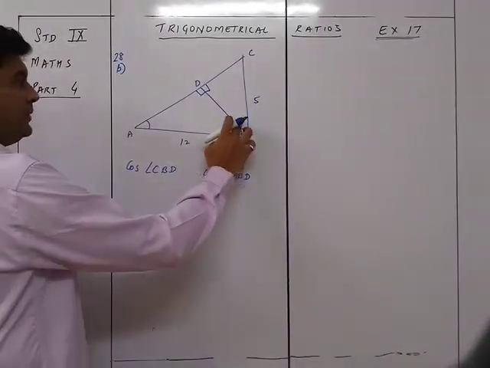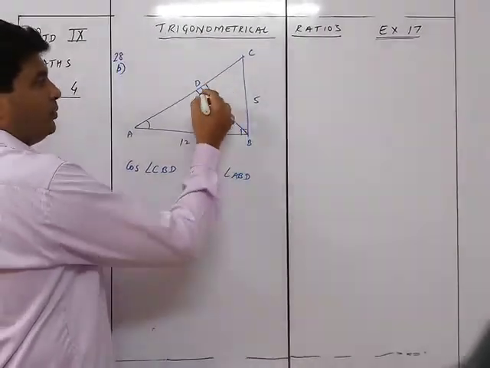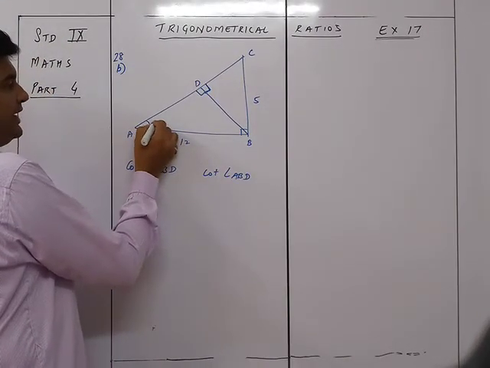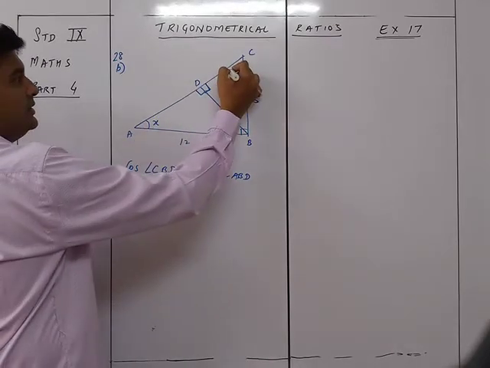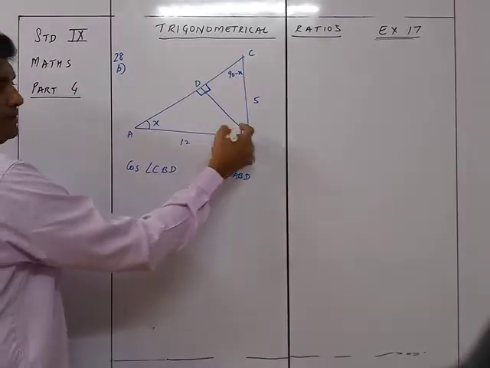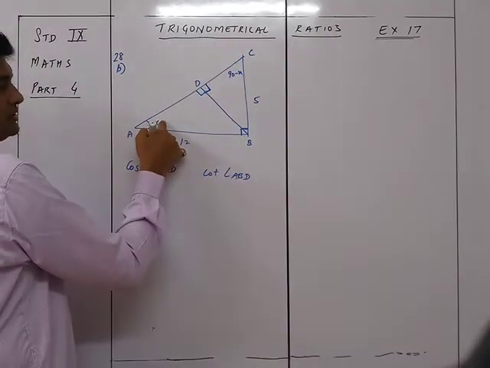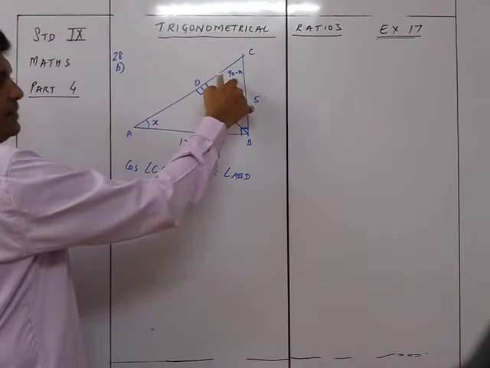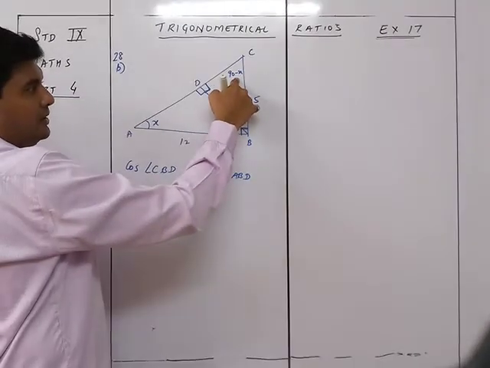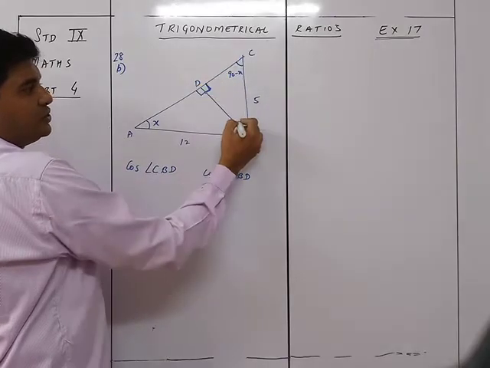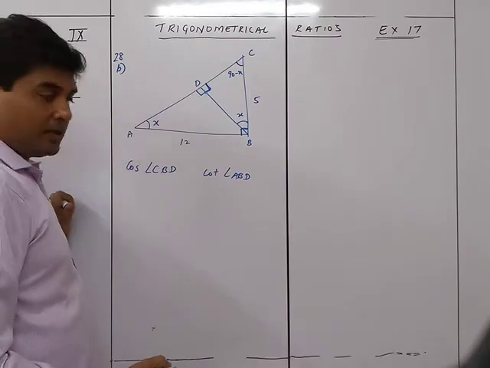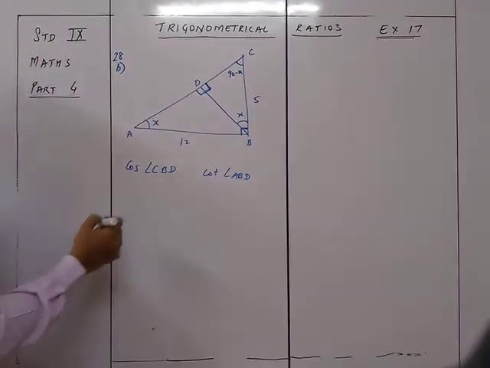So we'll do one thing. If I take this as x, this is 90 minus x, because this is 90, this is 90. So if this is x, automatically this angle will be 90 minus x. And if this is 90 minus x and this is 90 degrees, so this angle will be how much? It has to be x. Let's write it down and see how it is x.